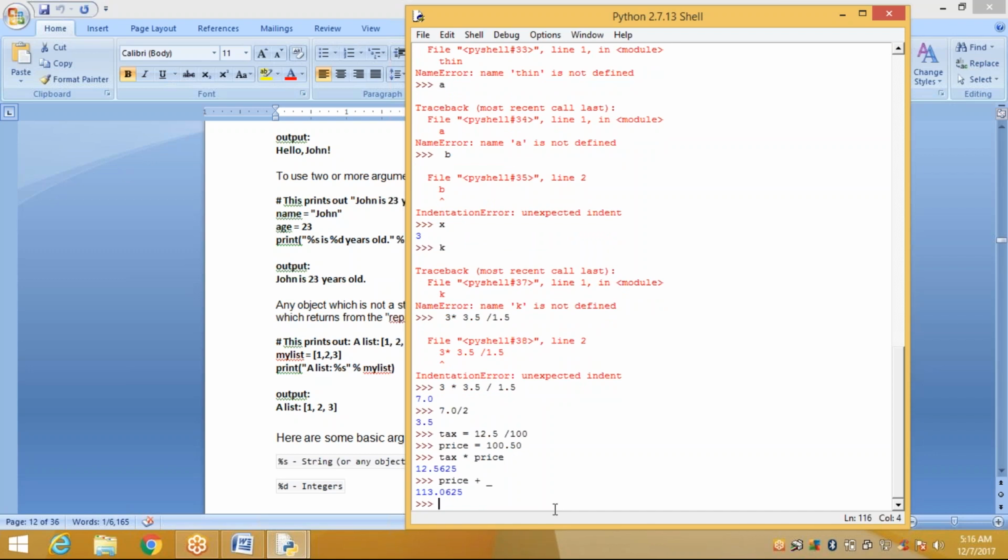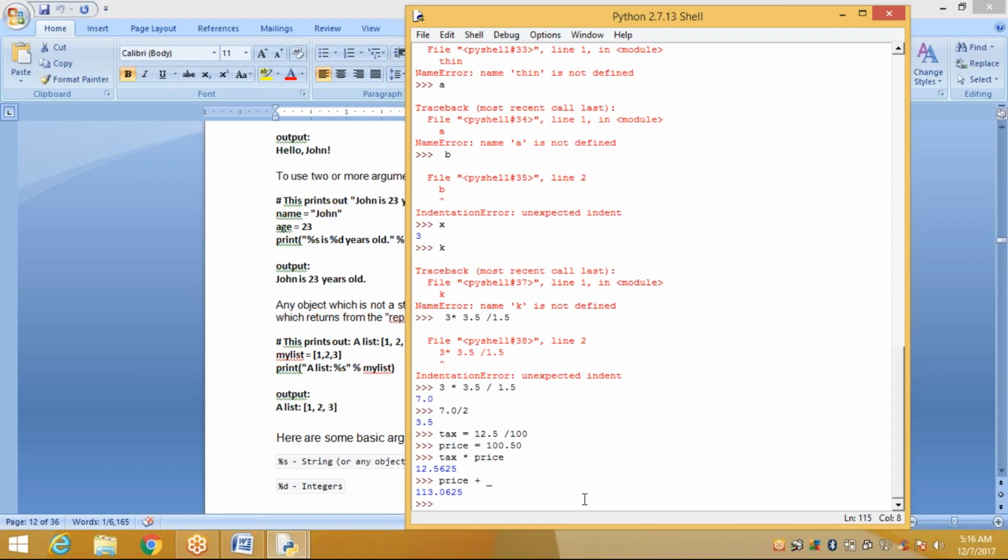So if you want to add previous calculations to your new value, you can just enter underscore, price plus, or price multiplication, or whatever you want. This underscore means the previous calculation. What is our previous calculation? Tax into price. So that value is added to your price. Total value is